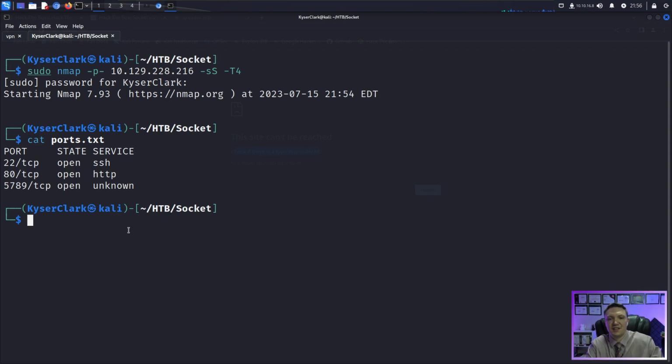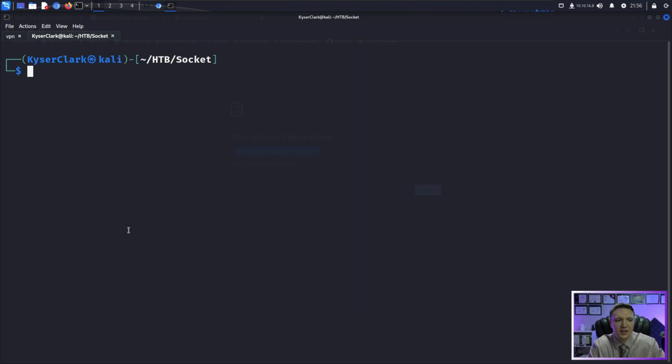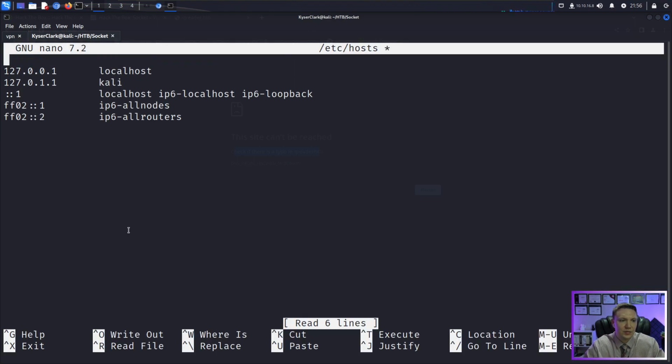It's not a fix. This is by design. But if you run into this issue, you're just going to modify the /etc/hosts file. So we want to do a sudo. You have to be running as root to edit the /etc/hosts file. So sudo nano /etc/hosts, and then put an entry in the file. So the IP address of our target, and then we want to do qreader.htb